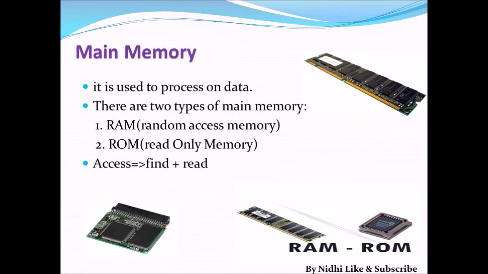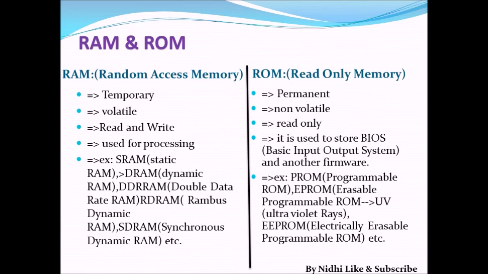And RAM means random access memory, that is used for doing the current work. So here you can see the diagram or the pictures of RAM and ROM. So starting 3 pictures are of RAM and last picture is of ROM. Next difference between RAM and ROM is that RAM is temporary memory. For example, I have opened a PPT, so that PPT is opened in random access memory. If I will not save it, then it will not be available to me if I want to see that again. So if I will save it, then it will go to the secondary memory.